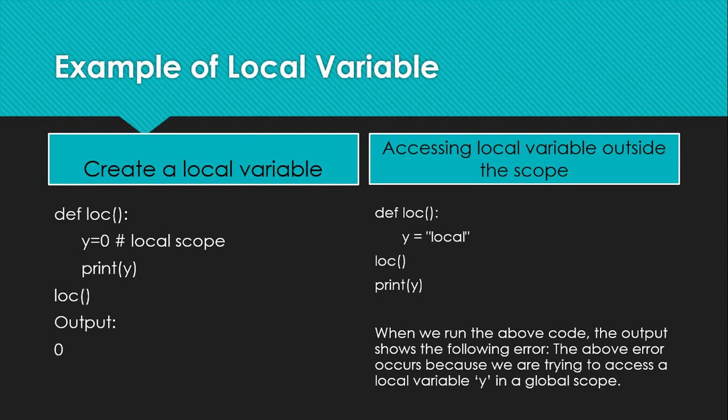If you see, you have declared the same function LOC. You have given y is equal to local within the function, but if you see where your print statement is coming, it is coming outside the function subprogram. So what happens? We cannot access this local variable outside the function, outside the block of declaration. That is why it is throwing up an error on screen. So we cannot access them outside. We can only access them from within the function. That is why the second program gives an error on screen. Now we'll look at the next example.